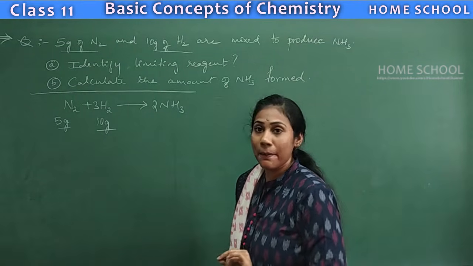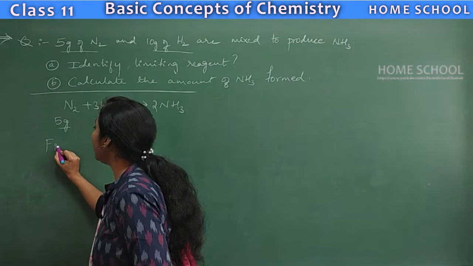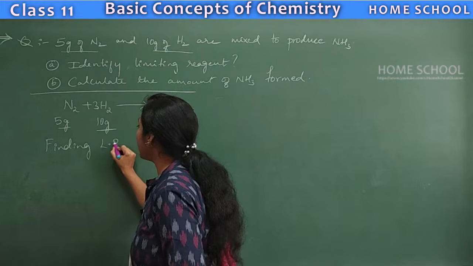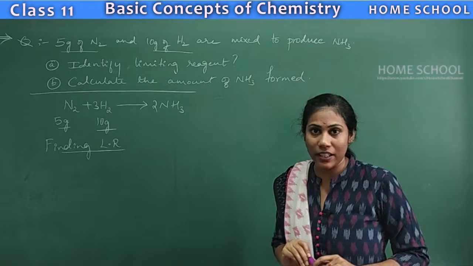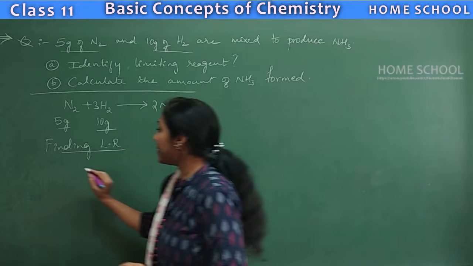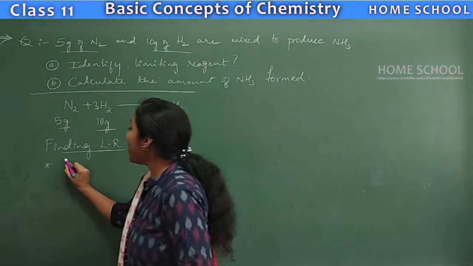So now the first step is finding the limiting reagent. I will explain how to find the limiting reagent. Finding limiting reagent, we write it as LR in short, that means limiting reagent. First thing that you need to do for finding the limiting reagent is find